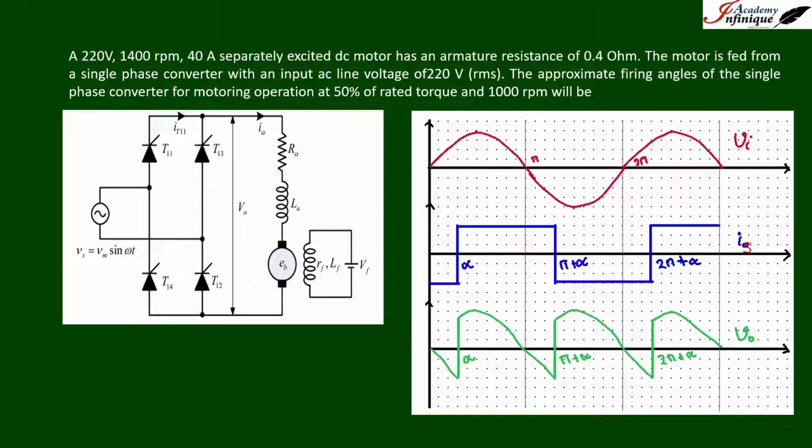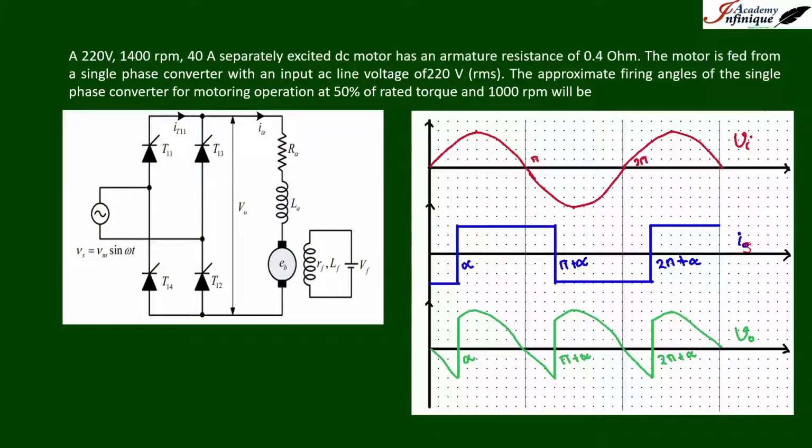As the current is going through the thyristors for the given periods from alpha to pi plus alpha and pi plus alpha to 2 pi plus alpha, the waveform of the output voltage will be as shown in the green line of the waveform,